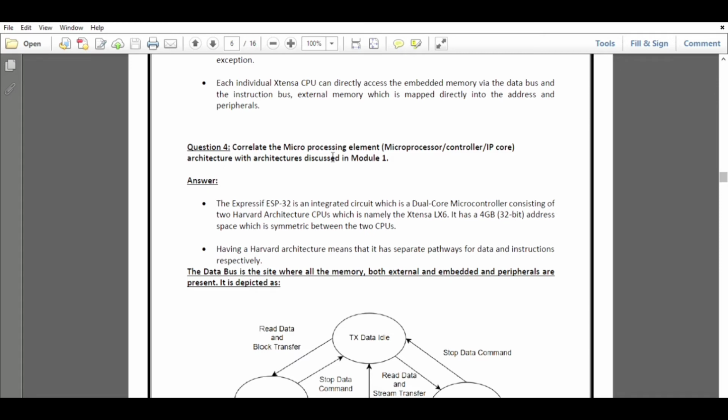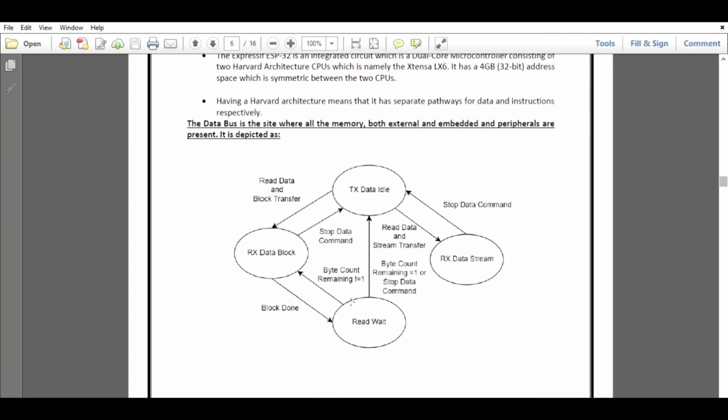And coming to the fourth question: correlate the microprocessing element architecture with the architecture discussed in module 1 of computer architecture in our syllabus. This ESP32 follows the Harvard architecture, which means there are separate pathways for data and instructions respectively. This data bus is bidirectional and data flows in both directions from the microprocessor to memory or input-output devices. This is the